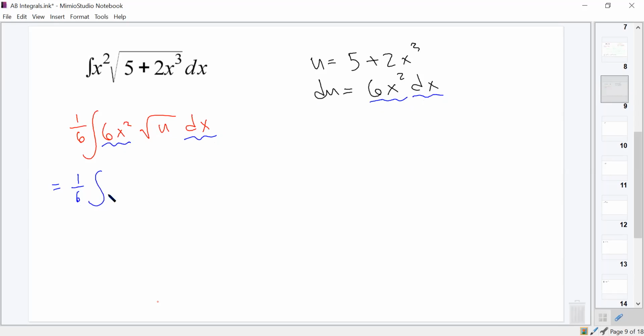So we've got 1/6 the integral of root u, or u to the 1/2 du. And what does that integral become? It's 1/6, and the integral of u to the 1/2 is 2/3 u to the 3/2 plus our constant. And like I was saying before, 1/6 of a constant is still just a constant, so I don't need to write 1/6 c. I'm just going to write c. And I'm going to distribute the 1/6 then to the 2/3 u to the 3/2 also, which gives us 2/18 or 1/9